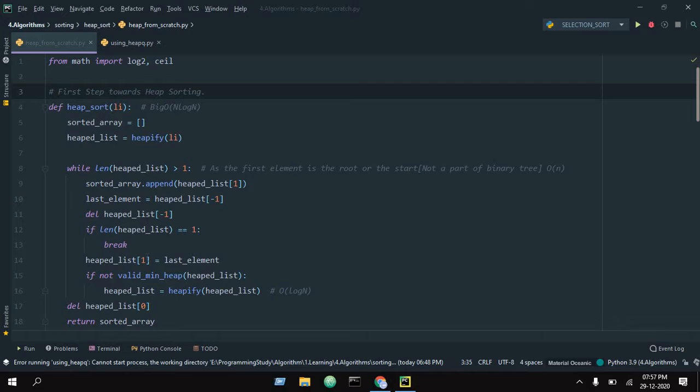And if we talk about the stability of these three sorting algorithms, then only merge sort is stable. Means if two similar elements are there, then their positioning is not changed. And in heap sort, it may be changed, so it is not good for that. Also, heap sort is in place, but quick sort is also an in place algorithm, so there is no difference.